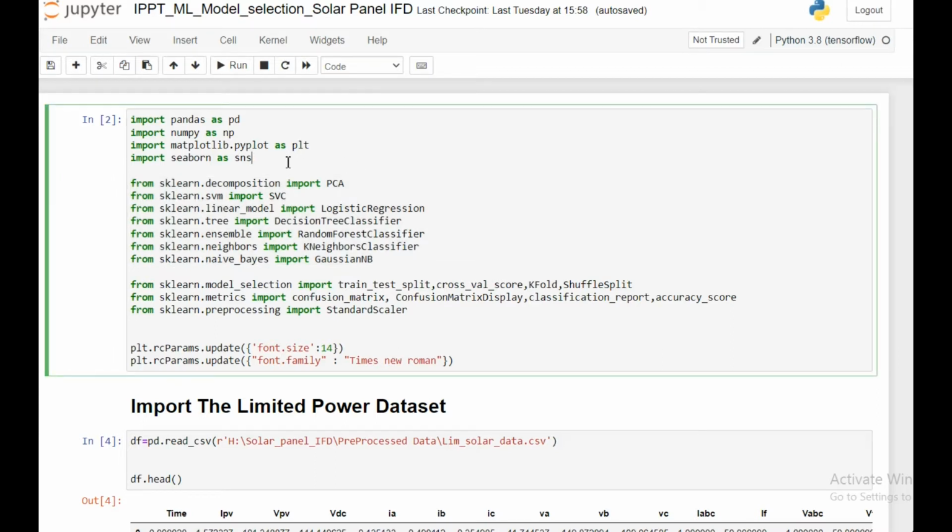Today we will continue with the solar panel fault diagnosis project. As seen in the previous video, we have created the data set. Then we did some visualization on that particular data set using principal component analysis. In this video, we are going to do model training using the data set that we have